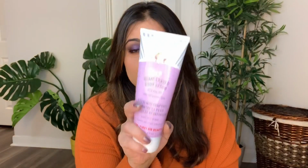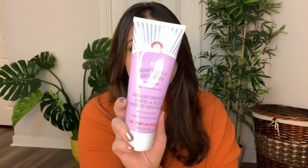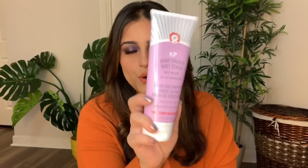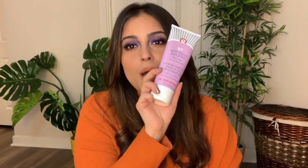And because I love First Aid Beauty and I have a lot of bumps on my arms, I decided to try this stuff. This is the KP Bump Eraser Body Scrub. I have used it just once or twice as of now and so far so good. So I have high hopes. I think Jamie Page, I was watching her video, and she mentioned that this works for her. So I'm quite optimistic that this will work for me. So yeah. Skincare, I also bought these